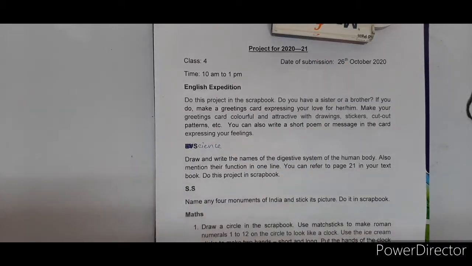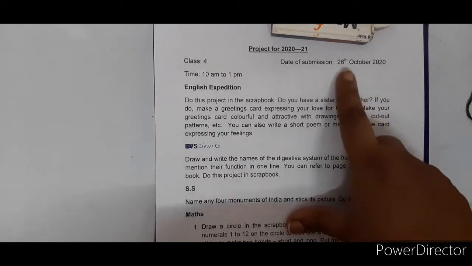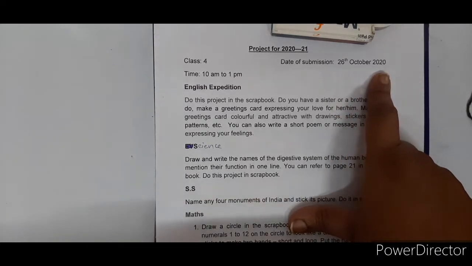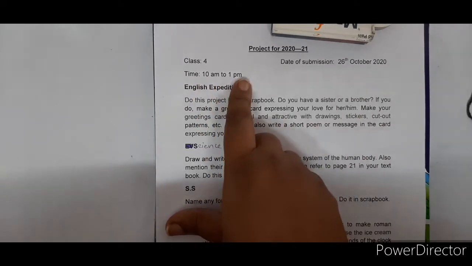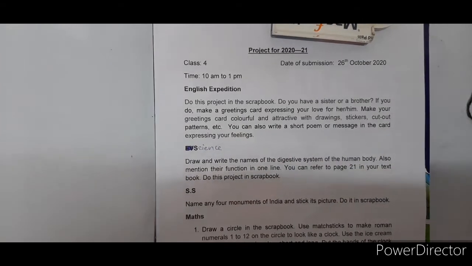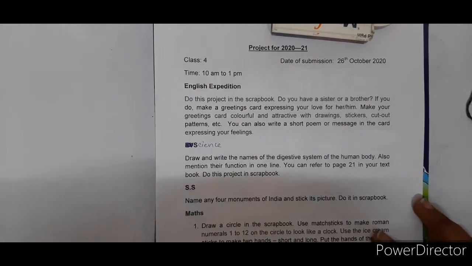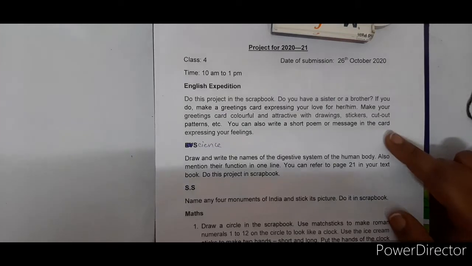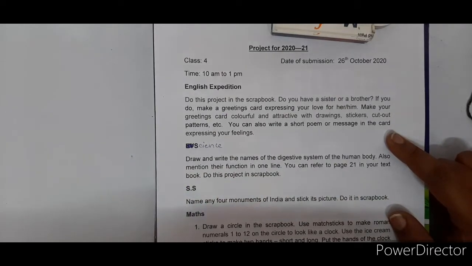Now after seeing what you're supposed to do in the scrapbook, let's quickly see your project, what you're supposed to do in that. So submission date of the project is as given here, 26th October 2020. Okay, timing is 10 a.m. to 1 p.m. So this 3 hours is given to you all to come and submit the projects in the respective schools. Okay, so you all have to come and submit your projects in the school, and you all have to also get your notebooks and textbooks for correction and stamping, because that will have 10 marks and the project will carry 20 marks. So you're getting 30 marks in books and projects.